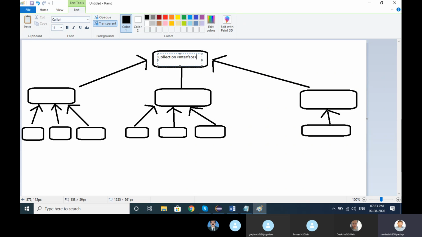We will see how the implementation happens, and then we will see the differences, so you will be able to understand the main collections. Collection has basically three types, as I told you: Set, also an interface, List, interface, and Queue.